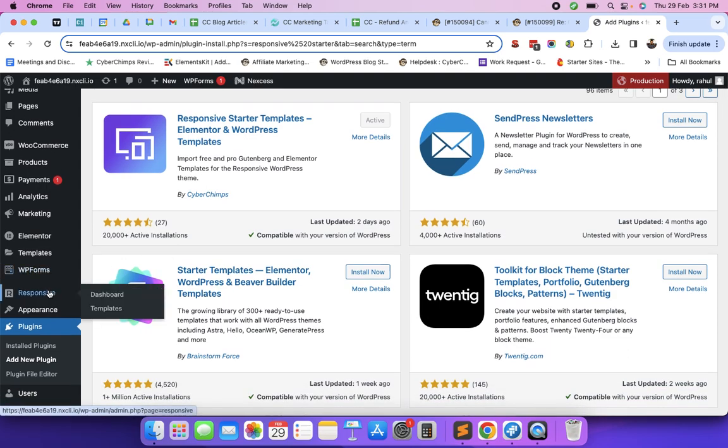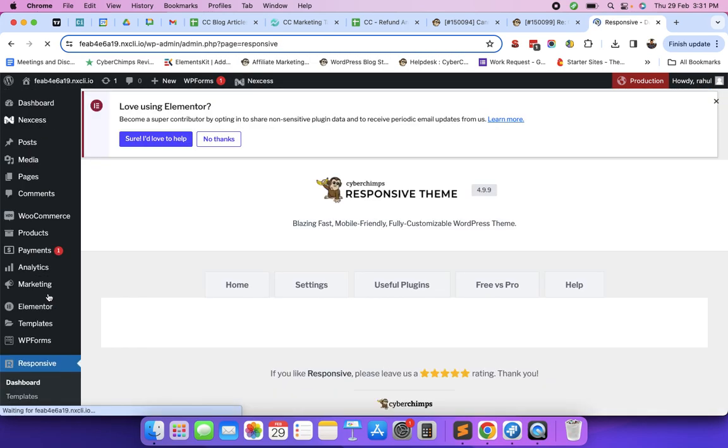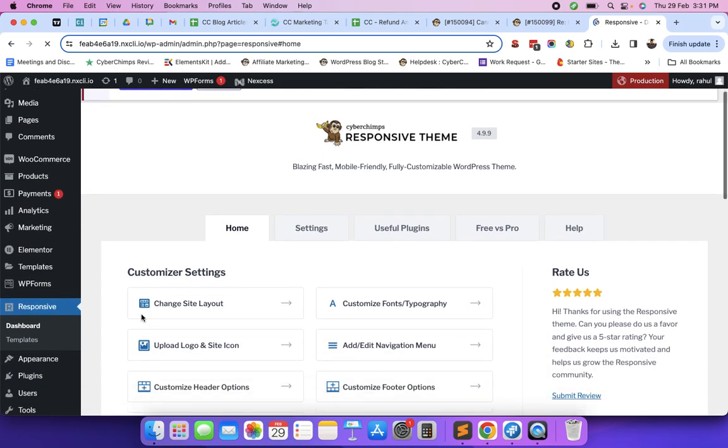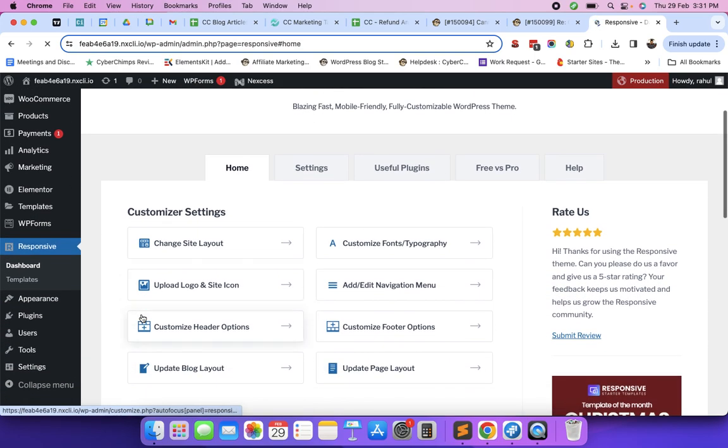Now you can see there's a menu with the name Responsive. Click on the Responsive menu, and from now onwards you need to create an account to access the templates. So there are two ways. You can click on the Responsive menu, select dashboard,